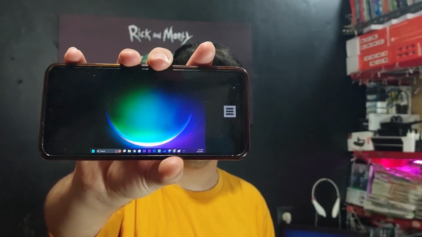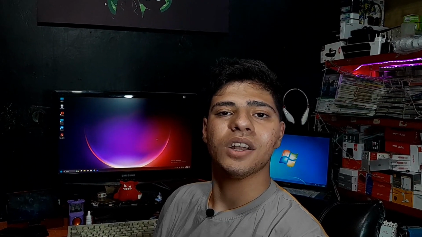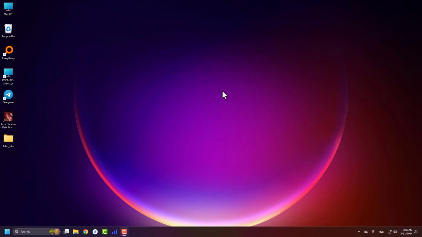I convert my phone, my laptop, and my PC into a second monitor. Let's figure out how. The note you need to know is to connect all of your devices to the same network. This is the computer. I need to share its screen to my old laptop and to my Android